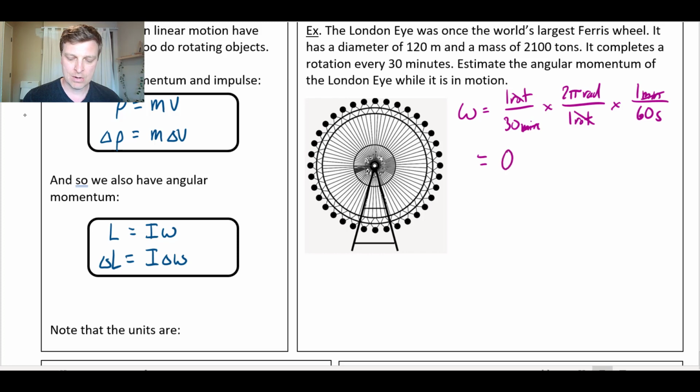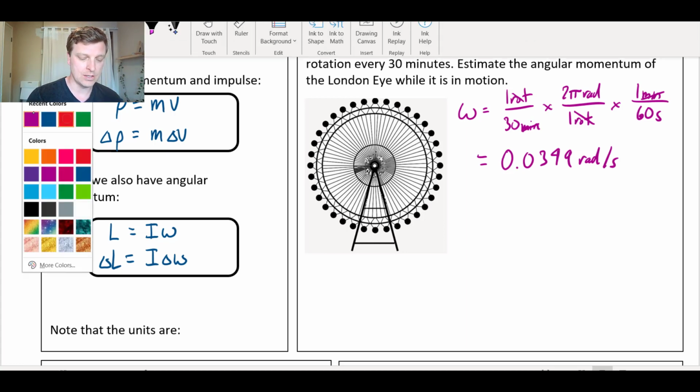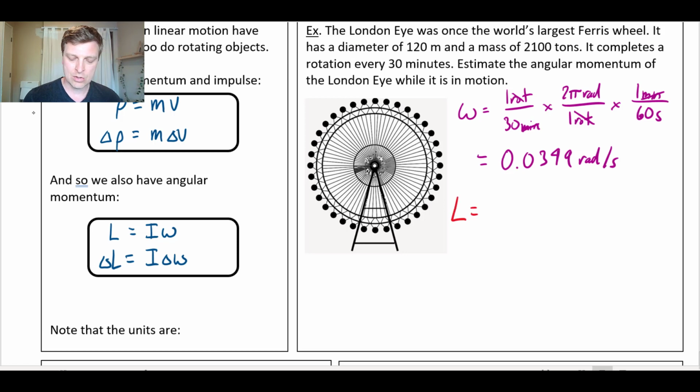And it's not a very big number. It's 0.0349 radians per second. Okay, good stuff. So now I want to know the angular momentum. Well, the angular momentum, as we just learned, is going to be the moment of inertia times the angular velocity. Well, the London Eye is a complicated structure, but I'm going to simplify things and imagine that